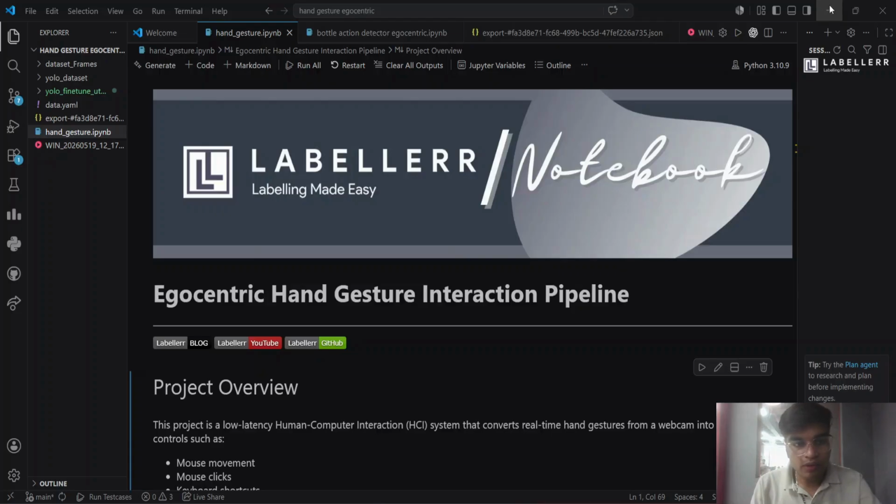Hello everyone. Today we are going to start a new topic, which is our egocentric hand gesture interaction pipeline. What we will be doing in this video is annotating our hand key points using the Labellerr platform, by the powers of MediaPipe. So we can annotate the 21 key points on our hand, and then we will train it to run the inference, and based on that,